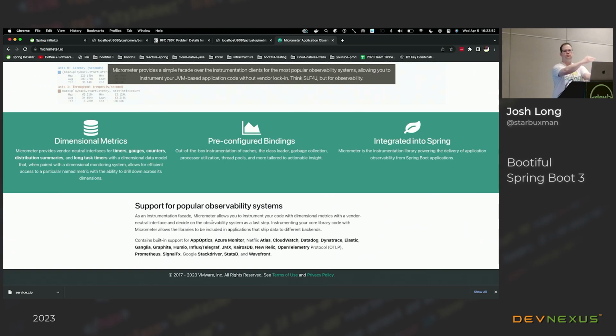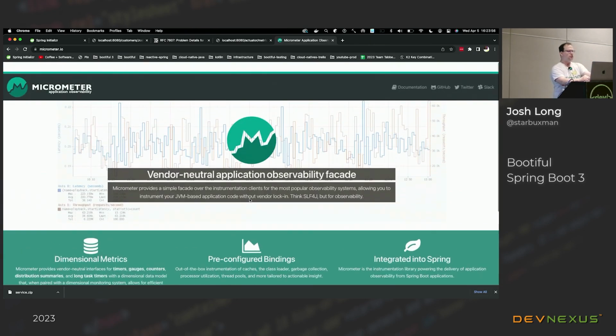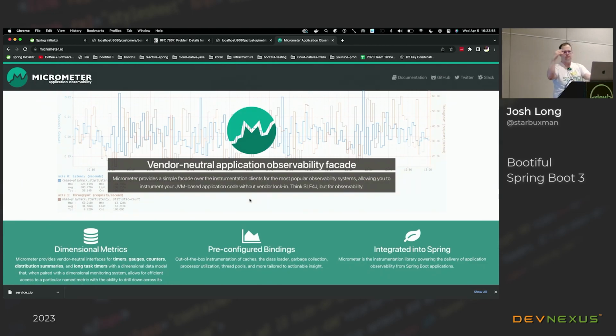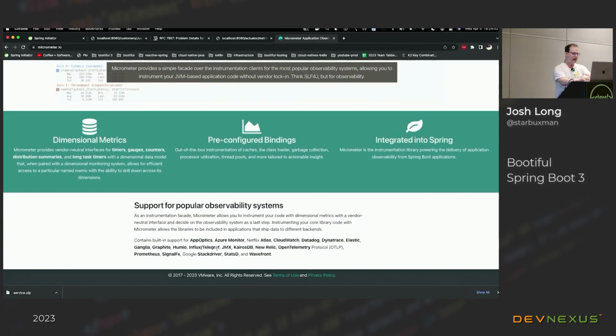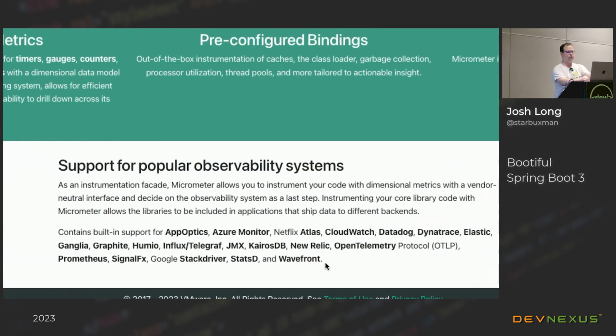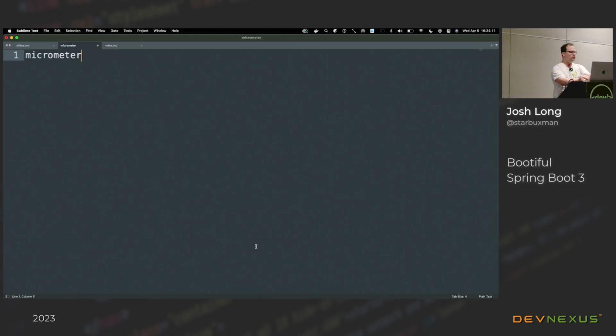You don't need Spring to use Micrometer, but Spring does require Micrometer to do its support there. We built this to just handle capturing and emitting metrics and publishing those metrics to your time series database of choice, including but not limited to AppOptics, Azure Monitor, CloudWatch, New Relic, OpenTelemetry, Wavefront, Google Cloud Stackdriver, StatsD, Ganglia, Graphite, etc., etc., etc. So we had Micrometer, and then we have Spring Framework, which sits on top of that,